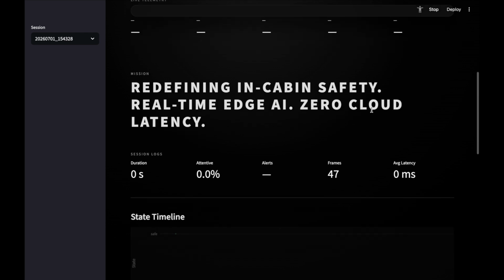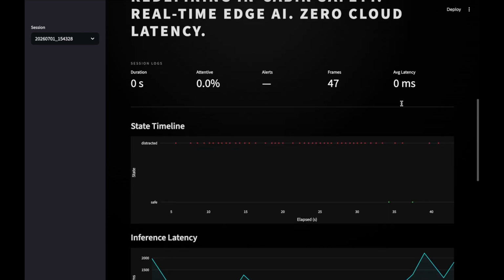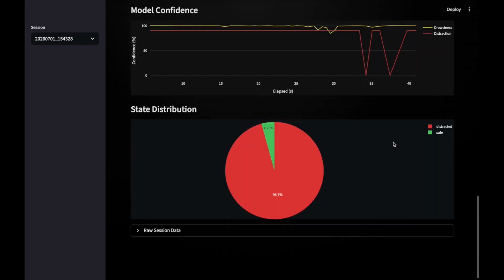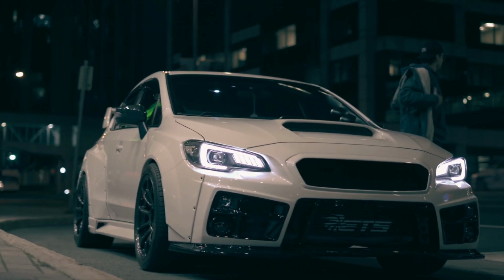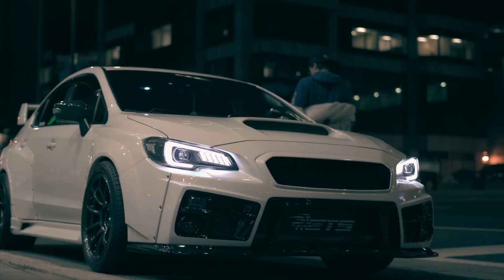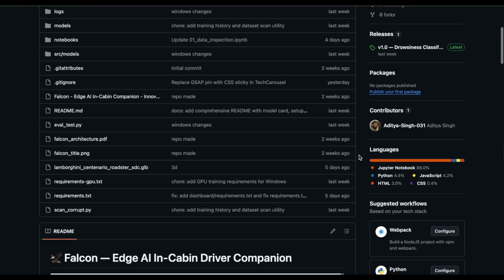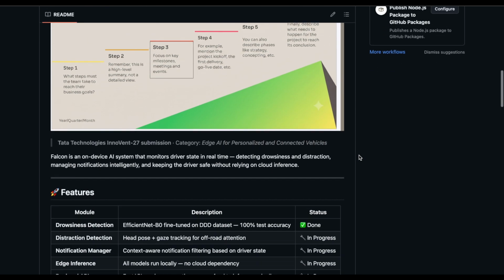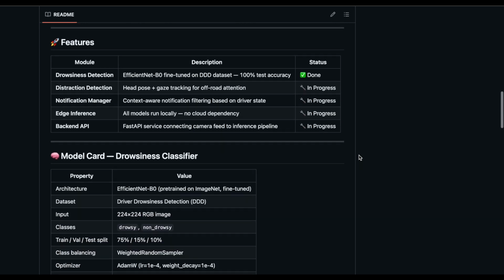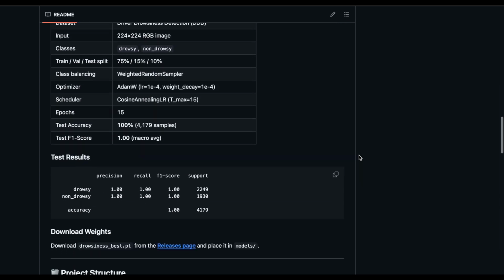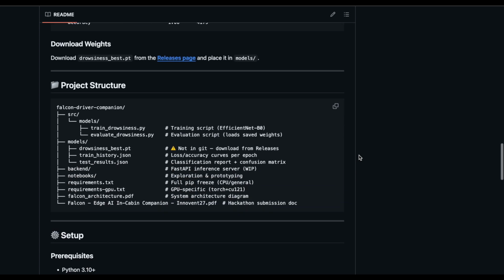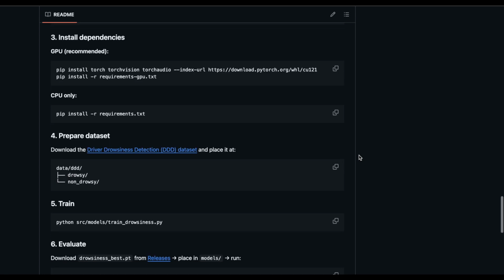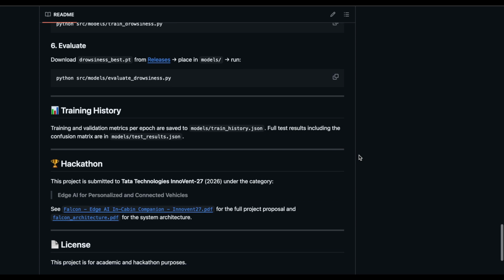Falcon is built for real roads and real fleets. By understanding the driver's state in real time, on device, it can reduce reaction times and give drivers and operators an extra layer of safety without relying on the cloud. Because Falcon runs as an edge agent, it can take actions autonomously, escalating alerts, logging events, and integrating with telematics or OEM dashboards. There's still a lot we want to explore, from better personalization to multimodal context, but Falcon already